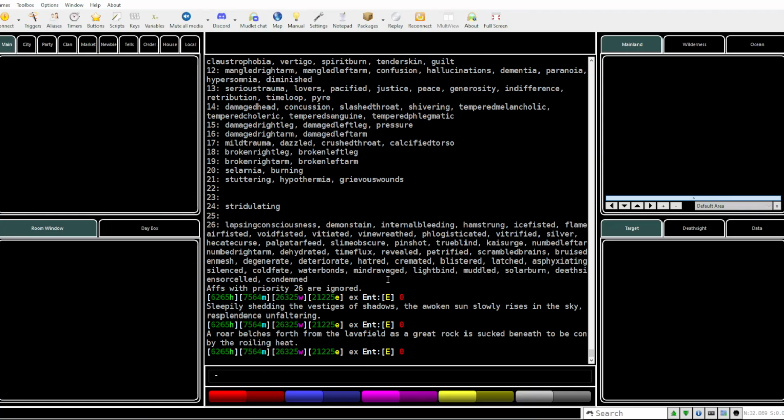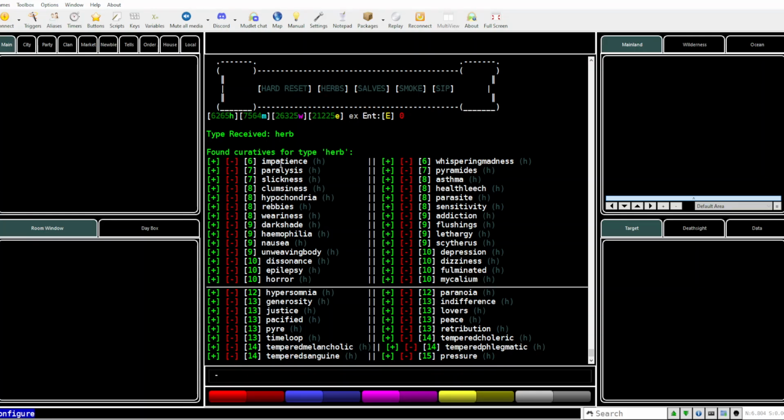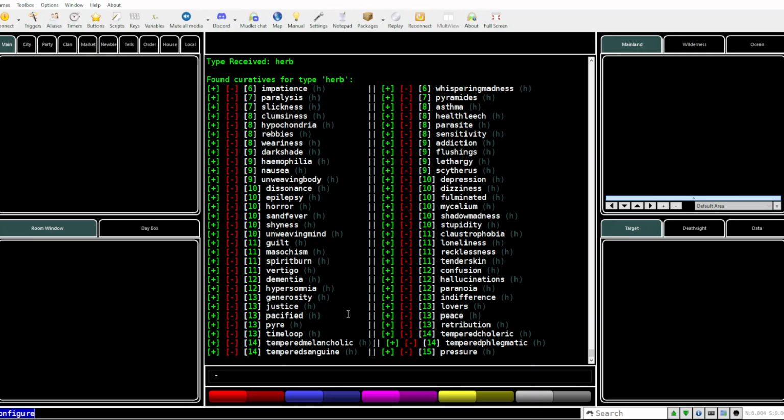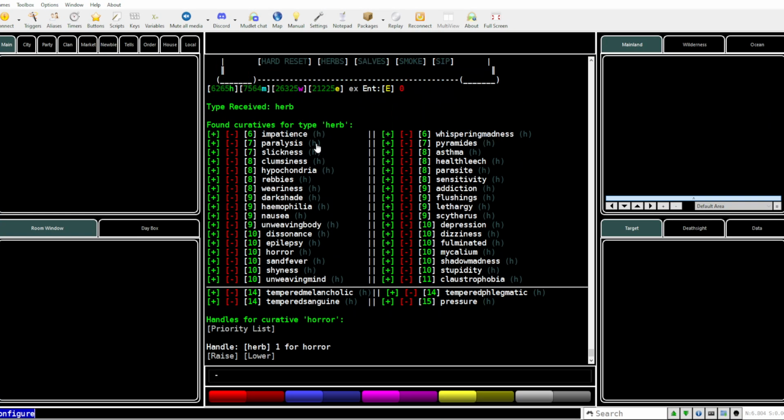So now what you do is go to Configure, and before we do anything else, you'll notice now that in your herbs section, you have all of your settings set for you. You can always raise or lower your herbs. And in fact, if you want to have more,